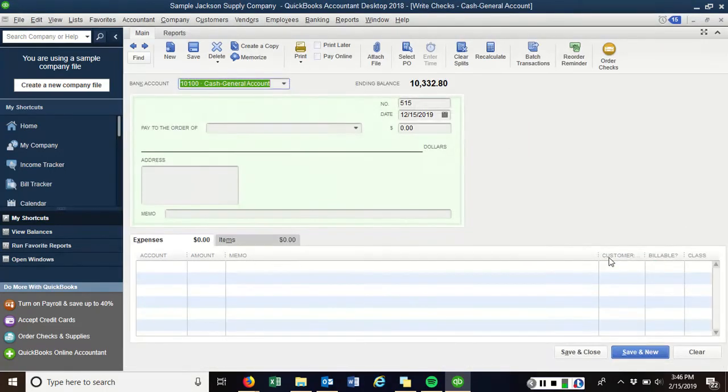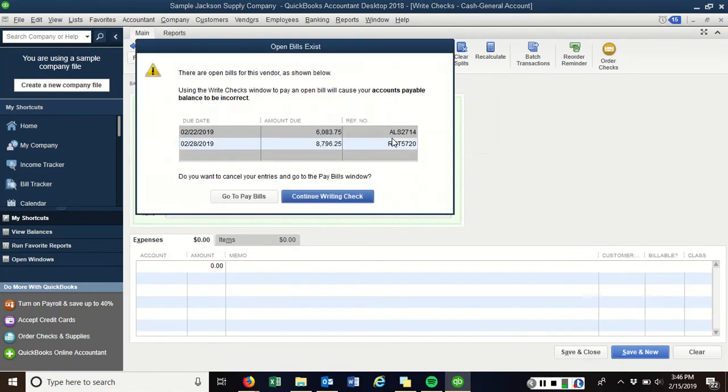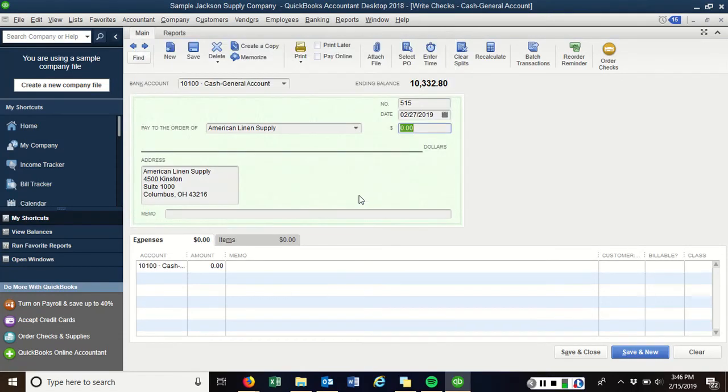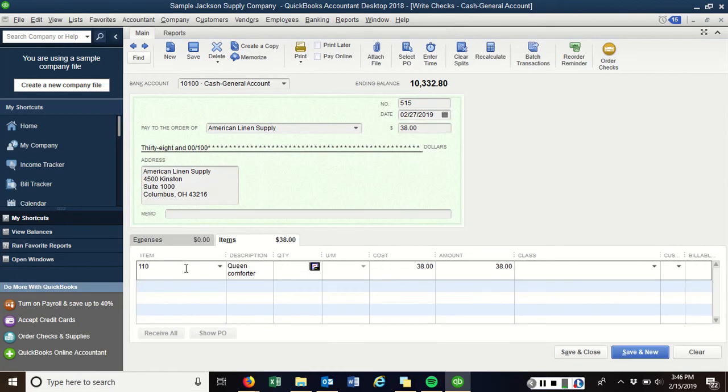So I'll go to Write Checks, and now on the top of page 24, I'll type in American Linen Supply. I don't want to access any of my previous things. I'll click Items down in the tab, just like we had in the Enter Bills window. And I'll type in the items that we want to buy, the quantity,